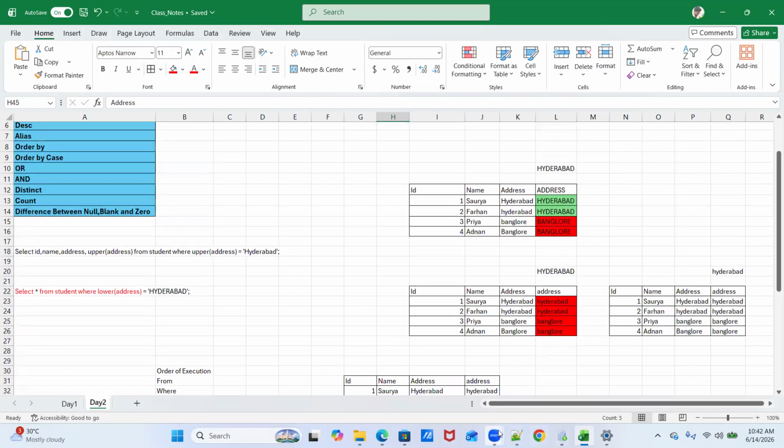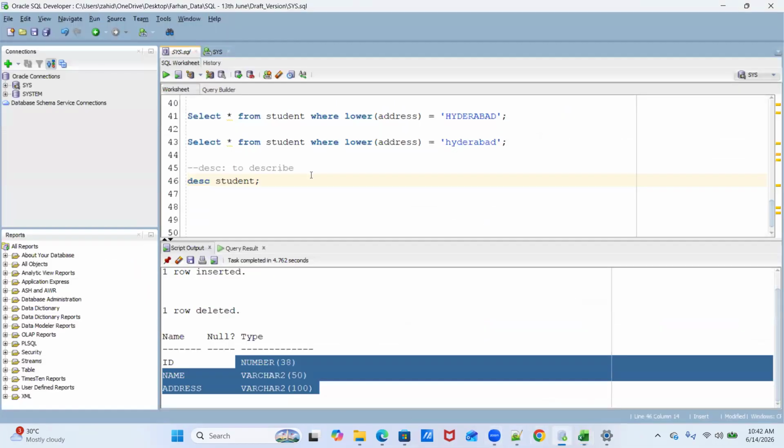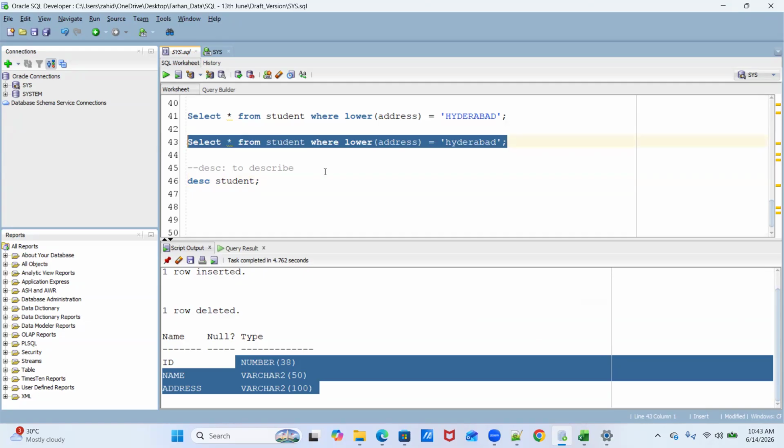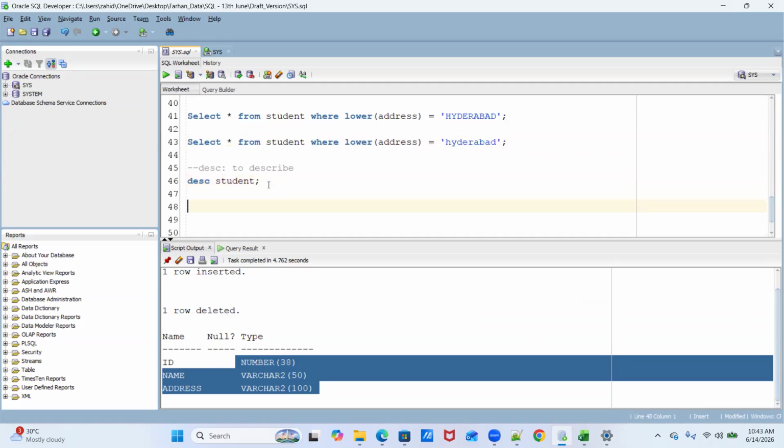Now yesterday you asked me one question. Are we using alias over here? So no, we were not using alias. Yesterday we were just using the lower keyword. That was not an alias thing. That was just a keyword. But if you want to do alias, and what is this alias first?